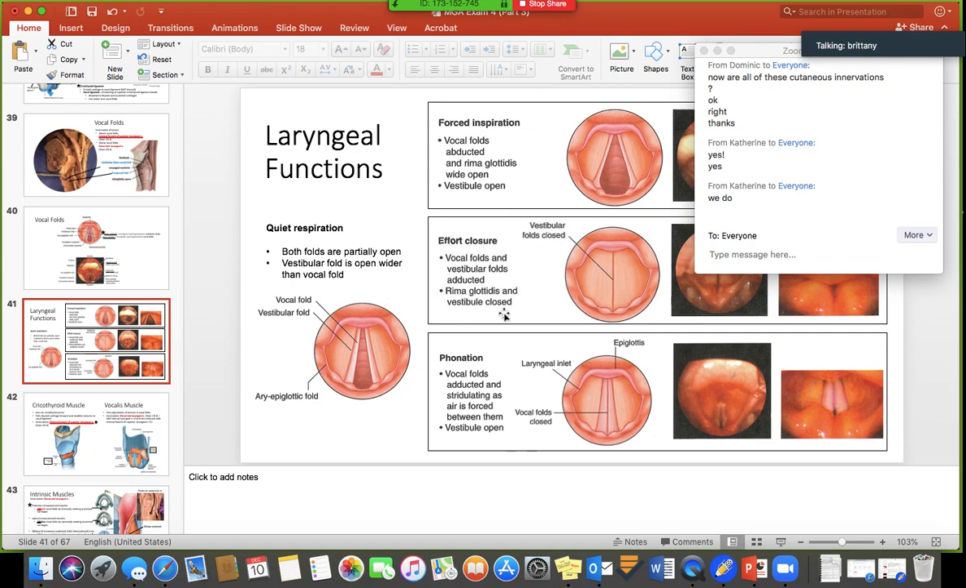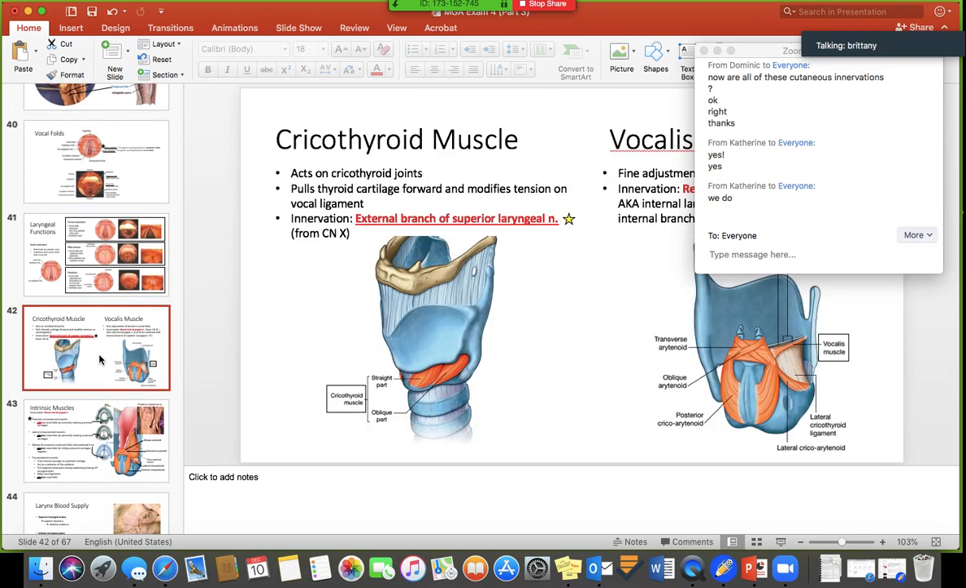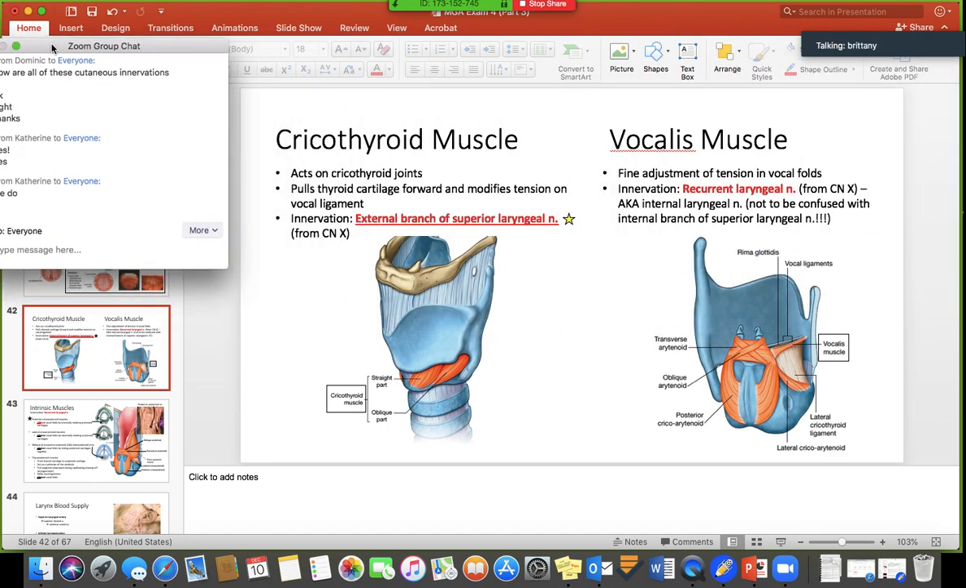I don't remember, don't quote me on this, but I don't remember being asked specifically about this. So don't worry too much about that. What is important though? Okay, so the external branch of the superior laryngeal is innervating one muscle, and